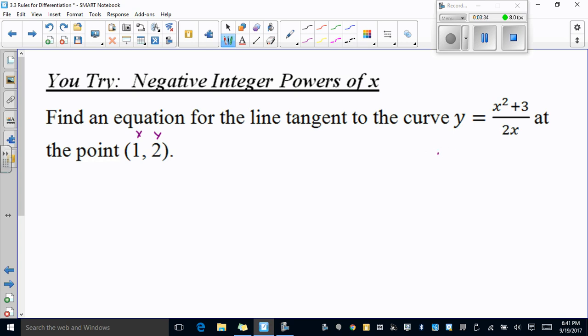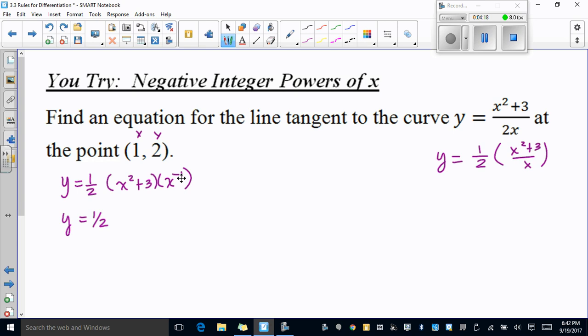This is one of those things you need to recognize, that this is y equals 1/2 times x squared plus 3 over x. And now I can take this x and rewrite it as a negative power. So I have y equals 1/2 times x squared plus 3 times x to the negative 1 power. Now, some people are going to go, oh, so now you just change it from a quotient rule to a product rule. No, I'm going to multiply. I have a bunch of exponents, same base, so I can multiply. So I still have y equals 1/2